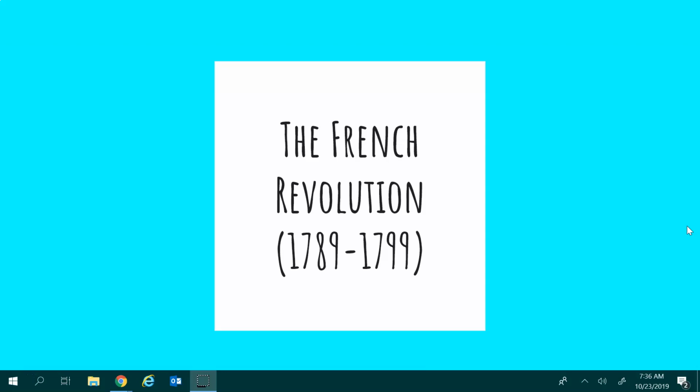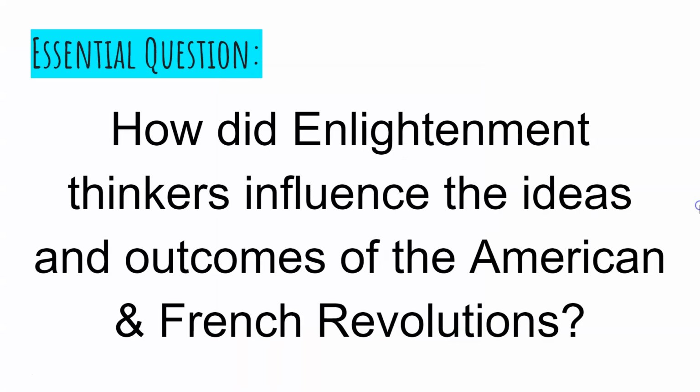So what we're going to be kind of echoing here within the French Revolution is this idea of people fighting for their independence, fighting for what they believe in, fighting specifically based on the principles and the ideas of the Enlightenment. And that kind of brings us to our essential question for this unit, that is, how did Enlightenment thinkers influence the ideas and outcomes of both the American